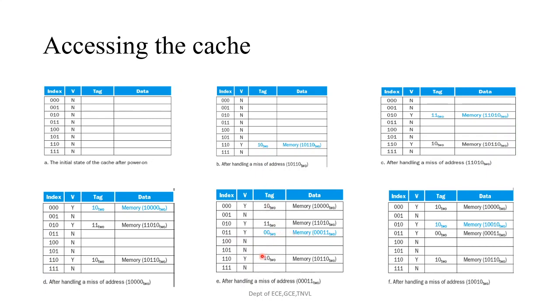If you see here, we want to map the 0, 1, 0 location with the tag field 1, 0, but already there is a tag field 1, 1 and already there is one data. So what we must do is just replace it, that's all. Just replace that location with the new entry. So it is being mapped to 0, 1, 0 with the tag field 1, 0, and the data for this 1, 0, 0, 1, 0 is being fetched from the memory. So this is about accessing the cache.